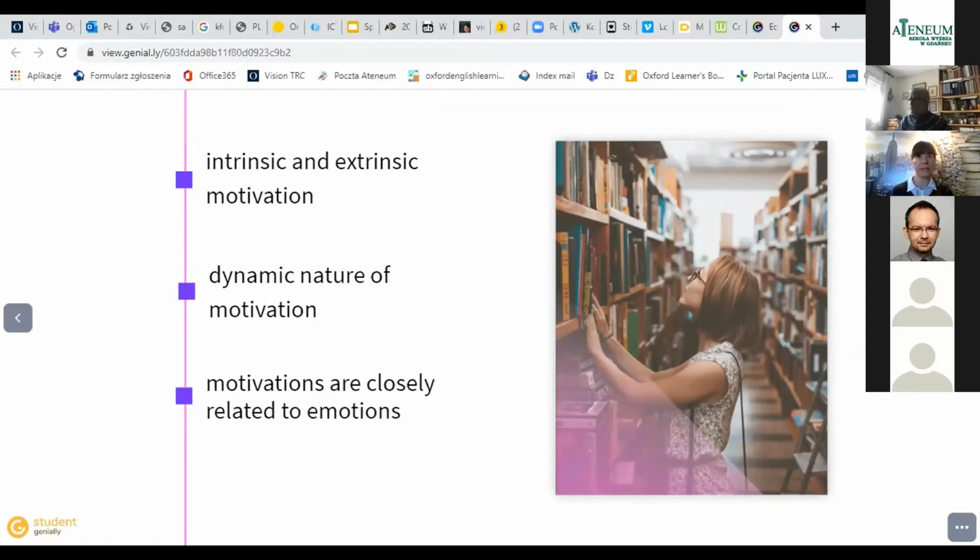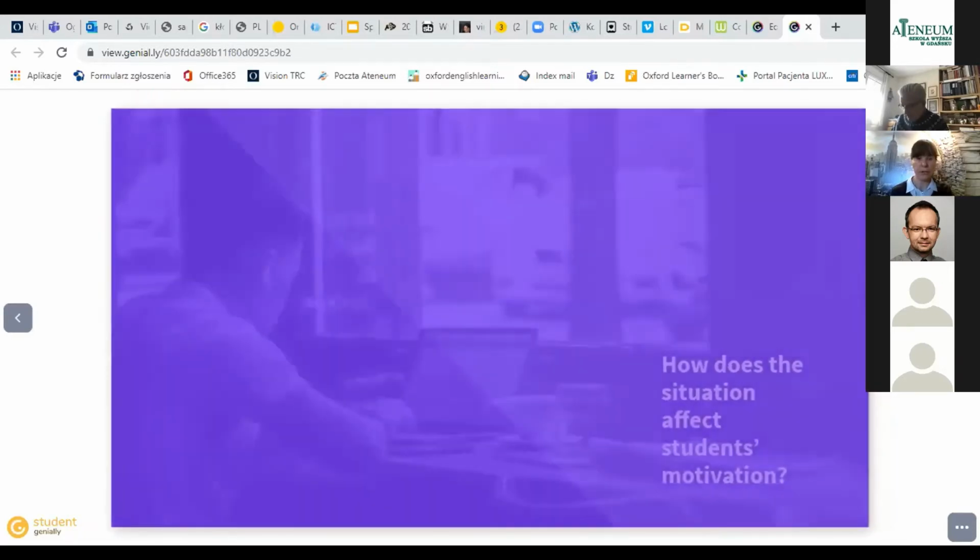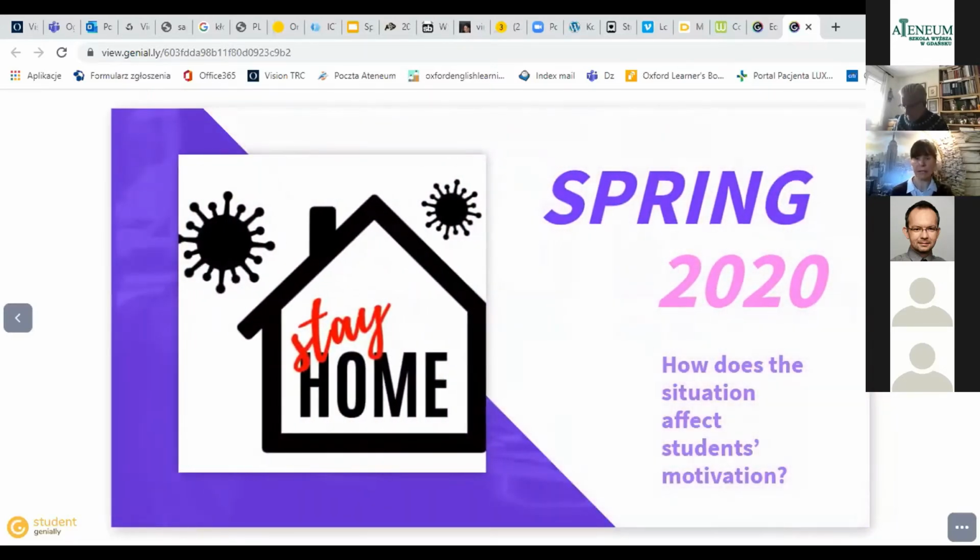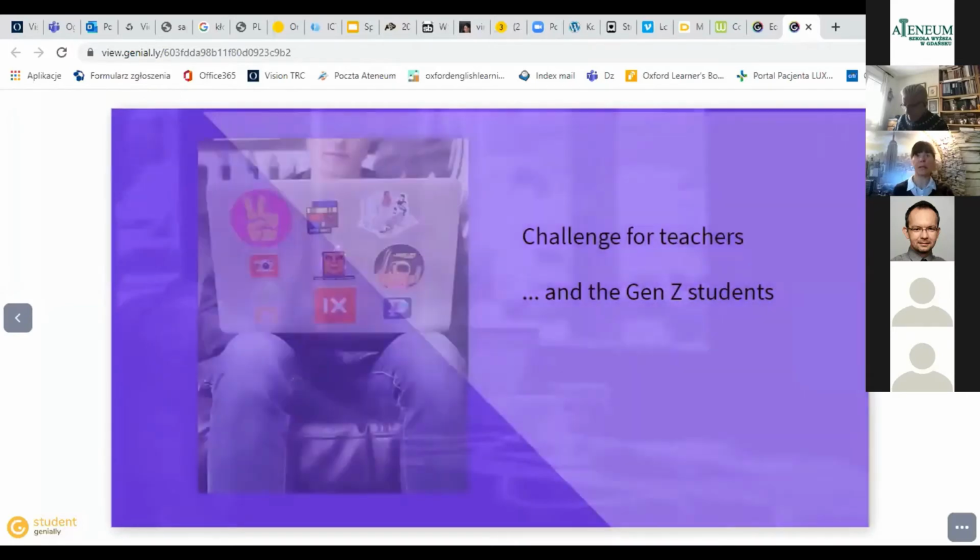And as we understand, any feature that is happening within school life can change the motivation and emotions of the students, whether this is the change of the school itself, the change of the teacher, the form of giving instructions. All these factors can affect students' motivation to learn the language. So the situation that happened in the spring of 2020 must have affected students' motivation. The situation was new to both students and teachers.